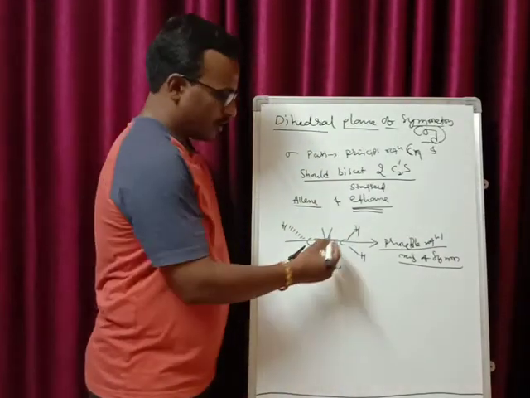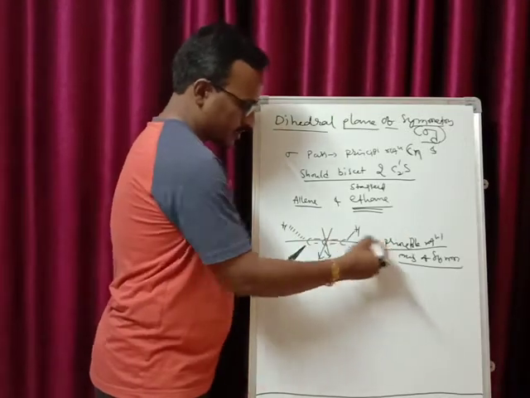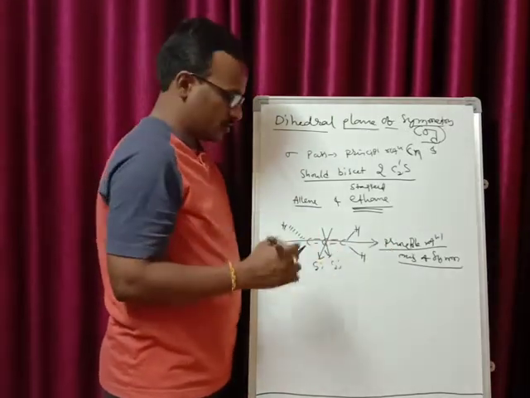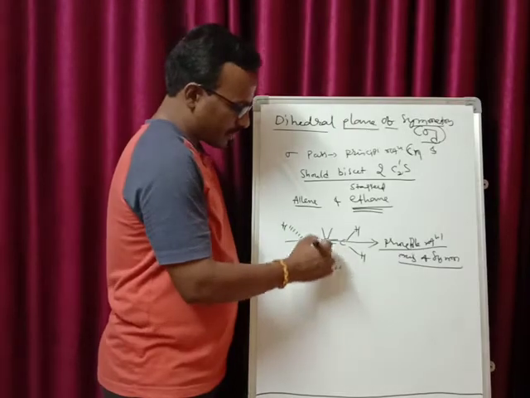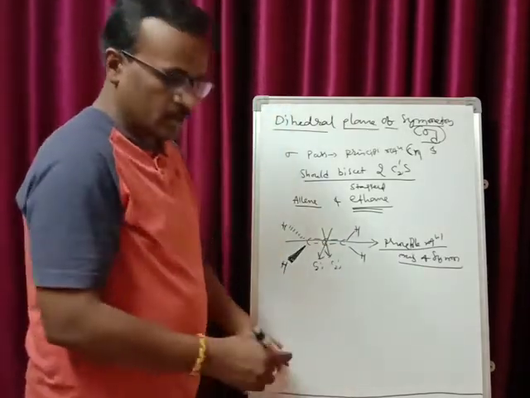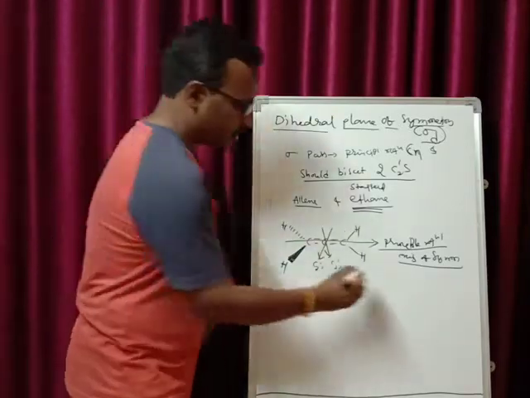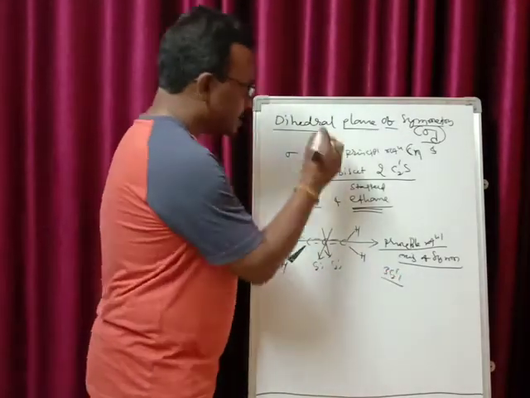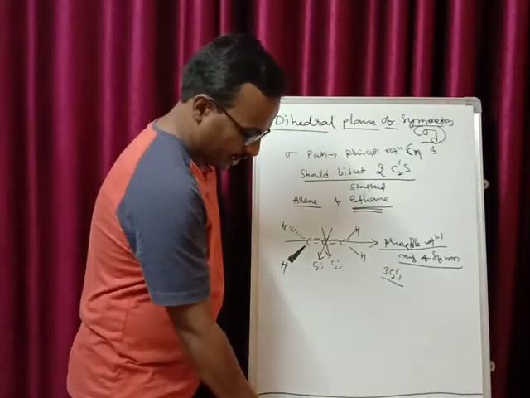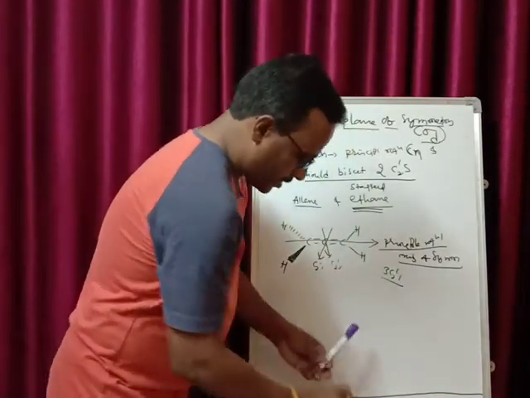3 C2s. One C2 passes along the 3 atoms; rotation by 180 degrees will give you C2s. The other C2s pass from the center of the carbon. So it has a total of 3 C2s. Now this has a dihedral plane of symmetry. I am explaining how the dihedral plane of symmetry is there.